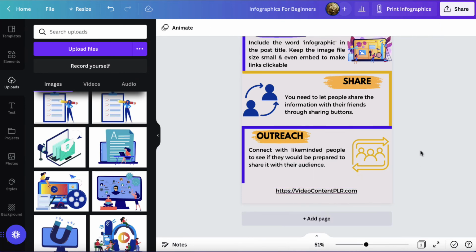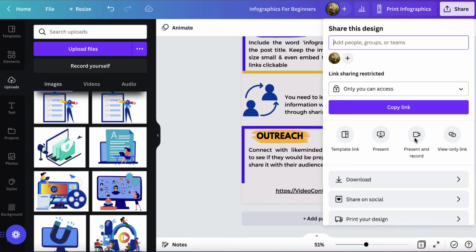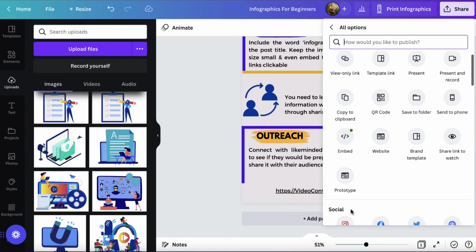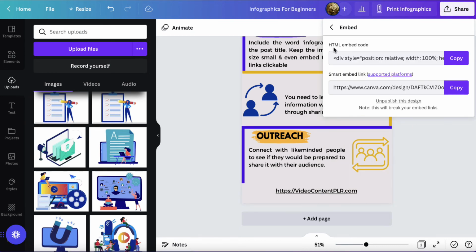So if I want that link to work, then I'm going to have to embed the image. How do we do that? Well, we click on share again, but this time we scroll further down to where it says more, and we get the embed code. So we can click on this, and we've got the HTML embed code that we can copy,